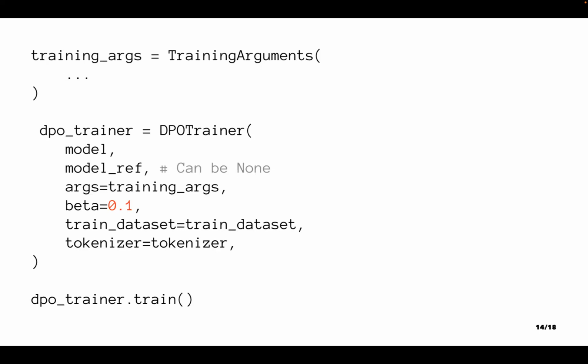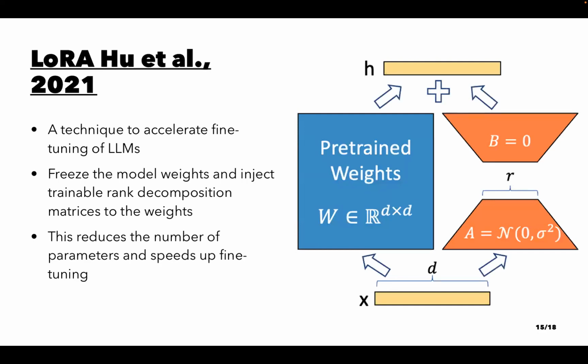Ideally, the model has to be big, and now there's two copies of it, the model and the reference model, where the reference model, of course, is frozen, but still there's two copies of it, and this might be limiting in some situations. So as LLMs get bigger, a nice, cost-efficient and time-efficient method is to use LoRA,